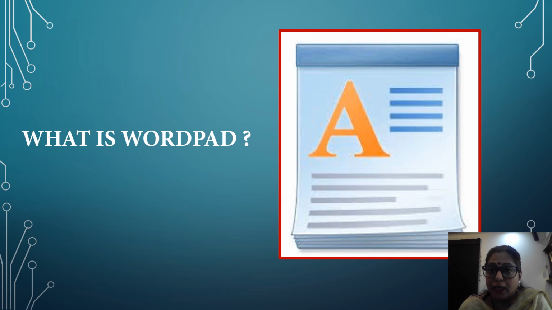Word processor is a computer program that we use to create, edit, view and print text documents. So this is called a WordPad.